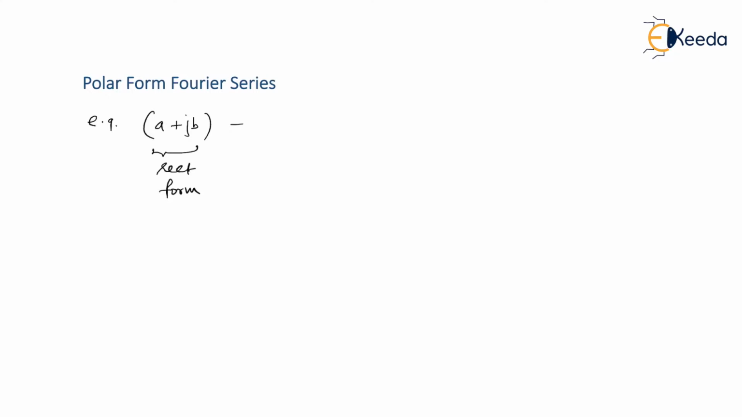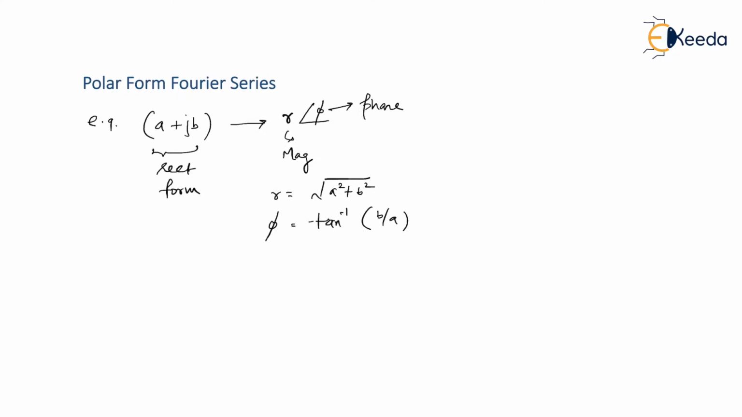If I want to convert it into polar form, then the standard polar form is given as r at an angle of phase, where r stands for magnitude and this is the phase angle. Obviously r is the square root of a squared plus b squared, and the phase is tan inverse of the imaginary part upon the real part, that is b by a. So a plus jb